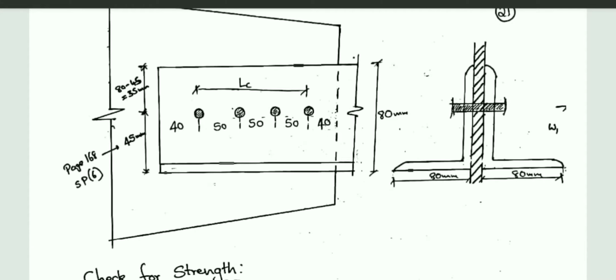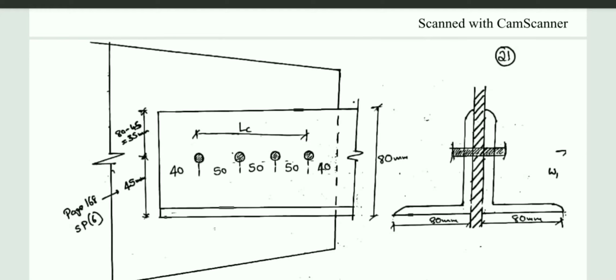Okay, if you view from any one side, you'll see the connection like this. You need to select the edge distance and the pitch from your standard values, that is E will be equal to 1.5 into D naught, and P will be equal to 2.5 into D. So from that you will get E equal to 40 and P equal to 50.